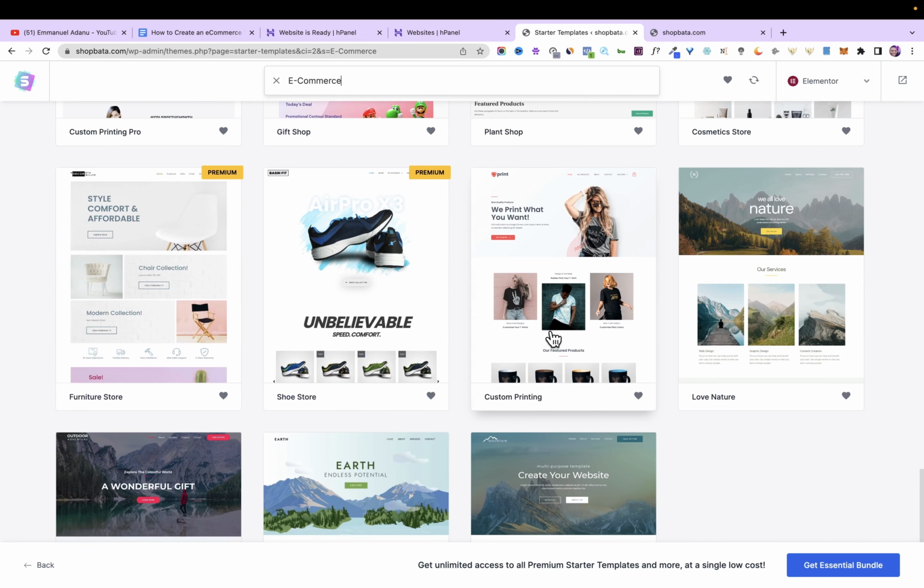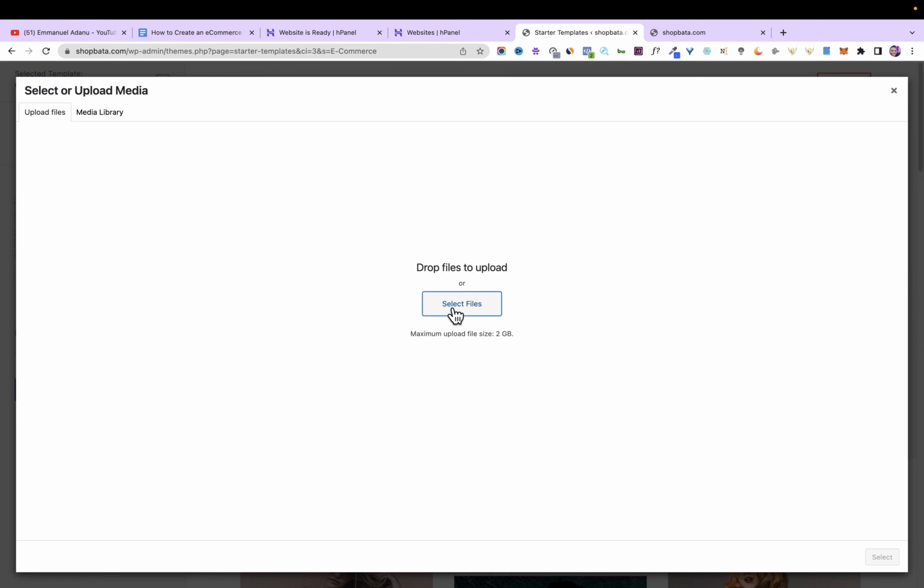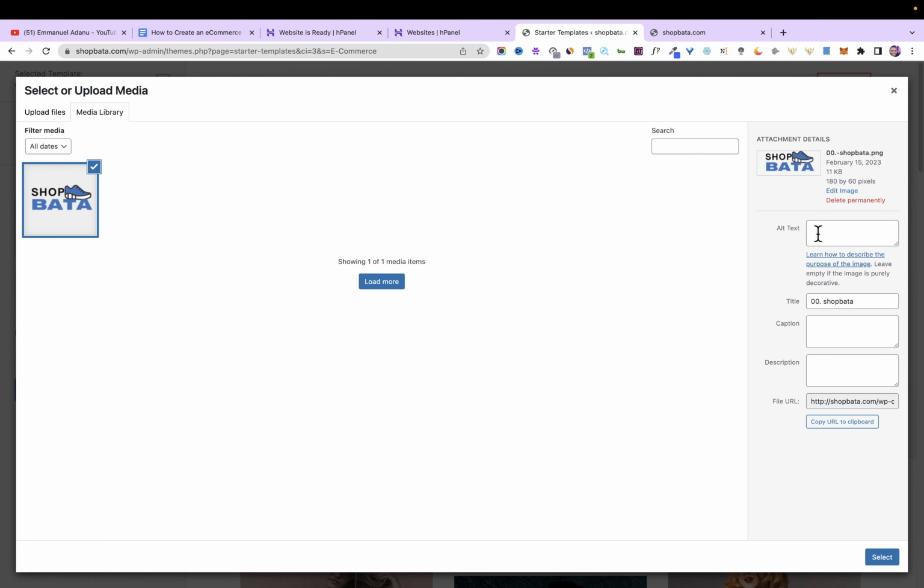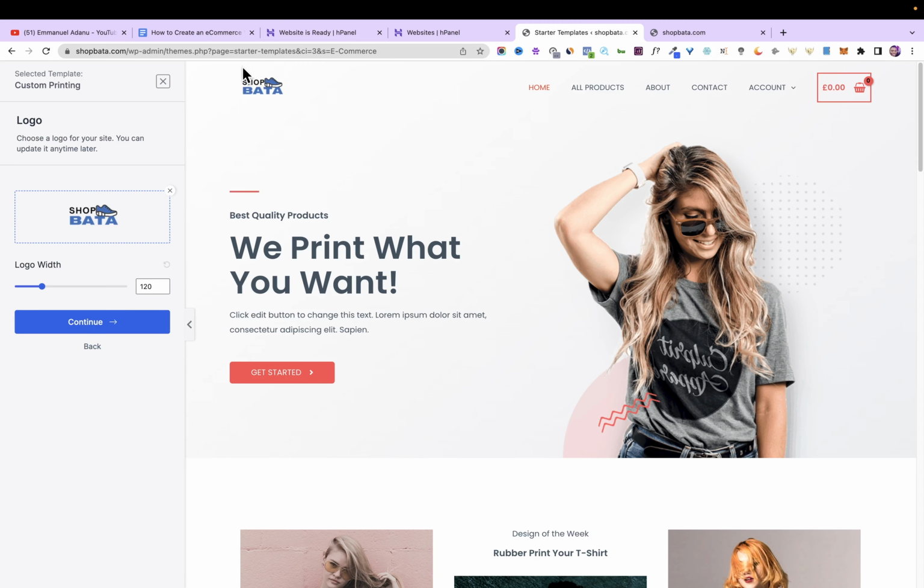Then here you have the option to upload a logo. If you have a logo for your business, you can upload that here. So I'll go ahead and upload the logo I want to use for this website. And for the alt text, I'm going to use shopbata.com logo and then click on select. And you see that will replace the logo that was here previously. You can increase or reduce the size of the logo depending on how you want it to be, and then